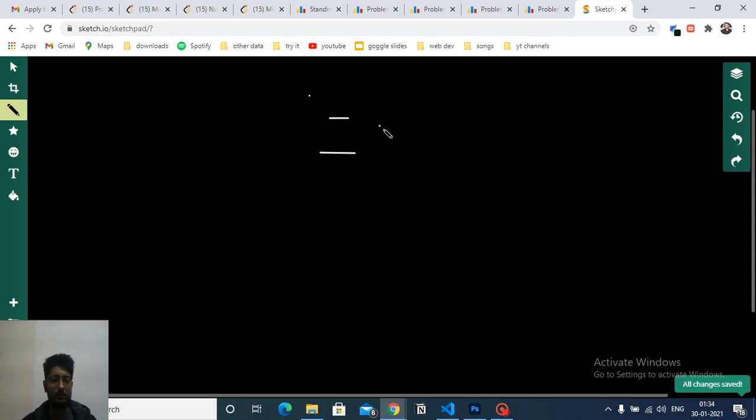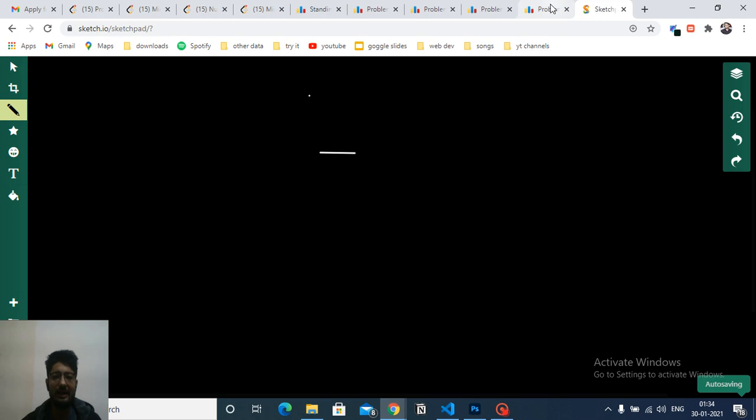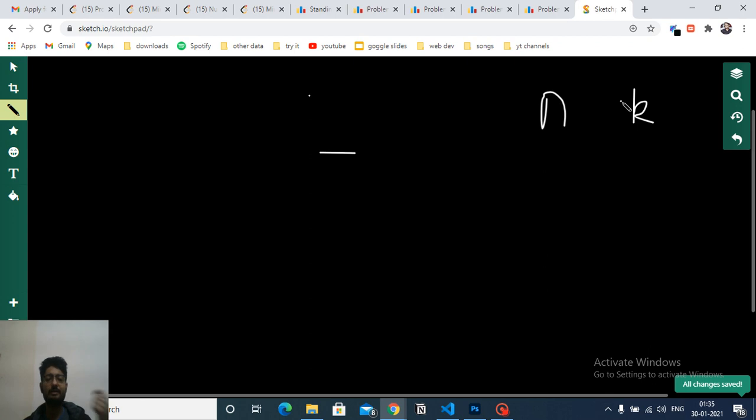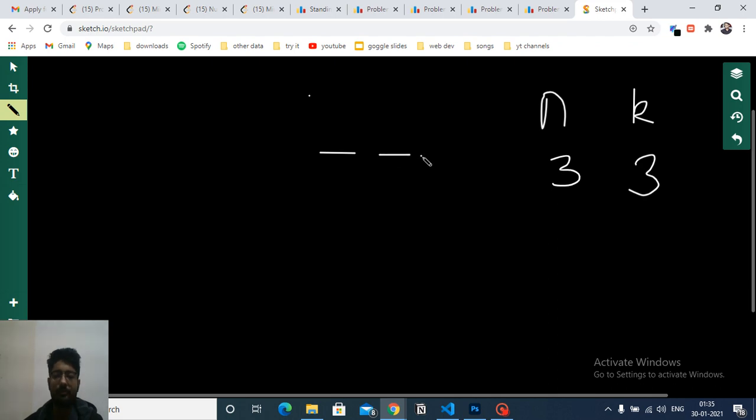Okay, now let me explain with some examples. Let's assume I write down n and k. n means the total number of elements, and k is the number by which the total sum has to be divisible. Let's assume n is 3 and k is 3. I have 3 slots and I have to make the numbers as small as possible